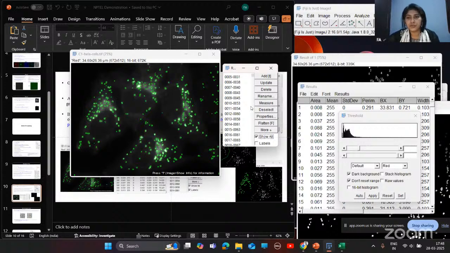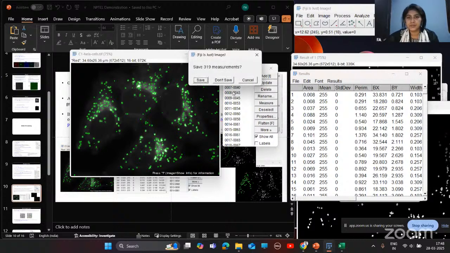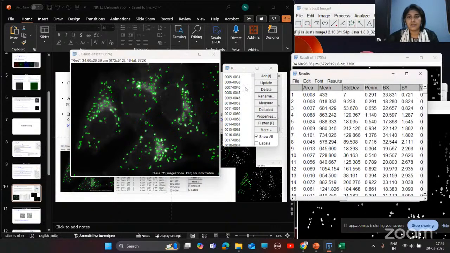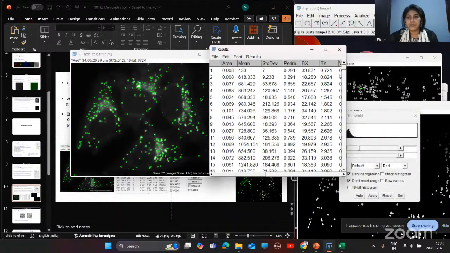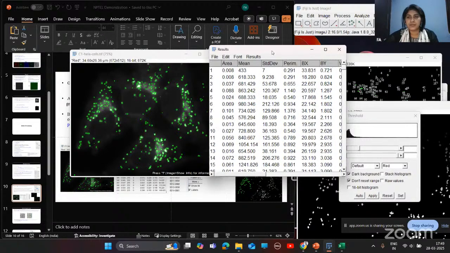And if you want to obtain these values from your original image, here you can save this, or I'll close this for now because I'm going to obtain all these values from this original image. So here I have closed this, and to obtain these values you need to click measure from the ROI manager, and here we have all these values from the original image.